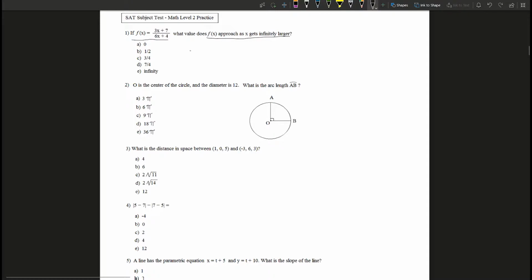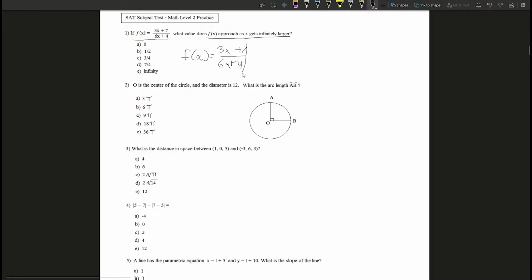So we want to write out the question again, or at least what's given to us here. So f of x equals 3x plus 7 over 6x plus 4. Then you might notice that the degrees of the numerator and the denominator are the same. So this means that there is a horizontal asymptote. So as x gets infinitely larger, the y values are going to approach a certain value,